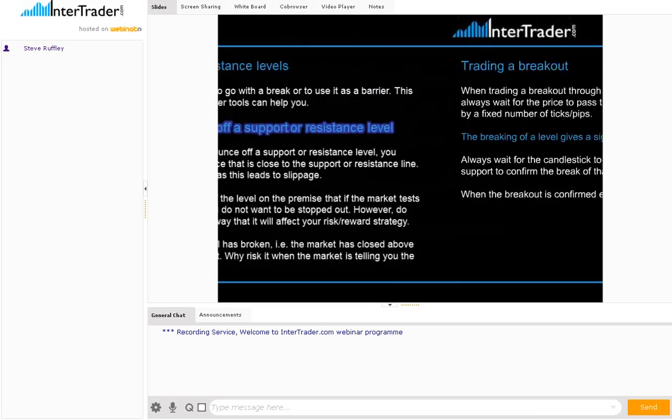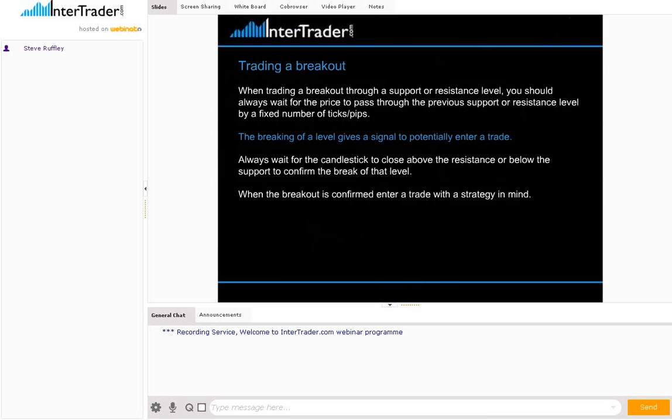So if you're trading a breakout, it's just looking for these levels of support and resistance to break. In an uptrend, you're looking for resistance not to act as resistance, but to act as a breakout point. And when a market's heavily falling down and breaking through support, you're looking for break levels. And again, what I like to do when I'm trading this way is look for levels that are close